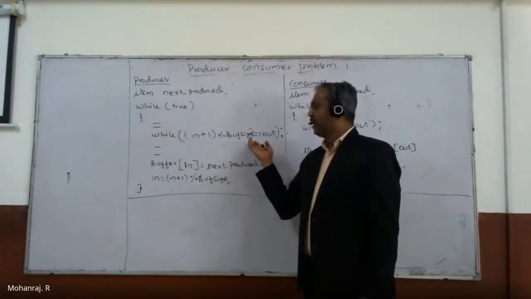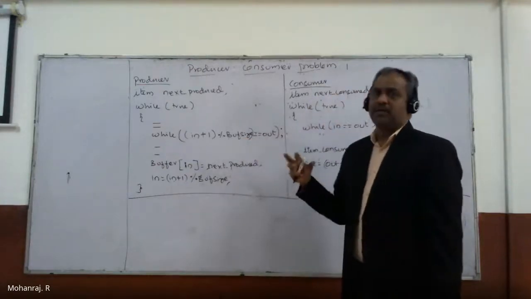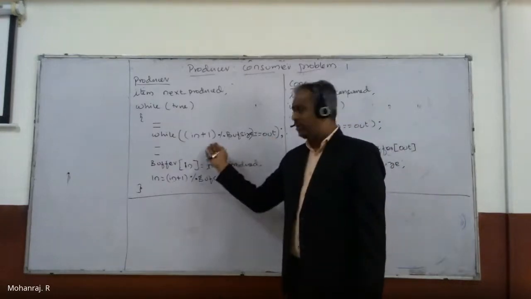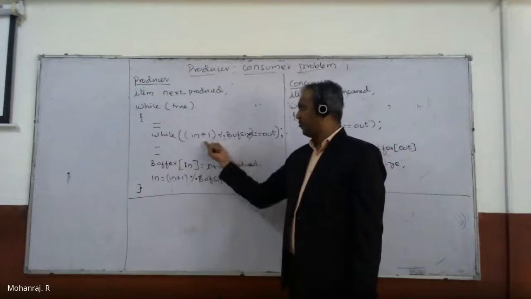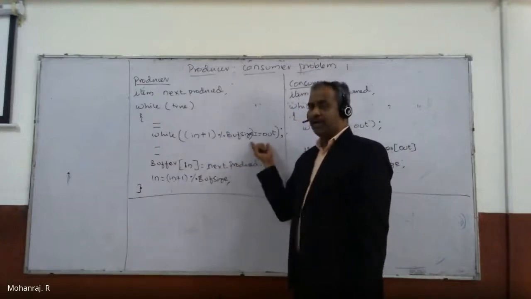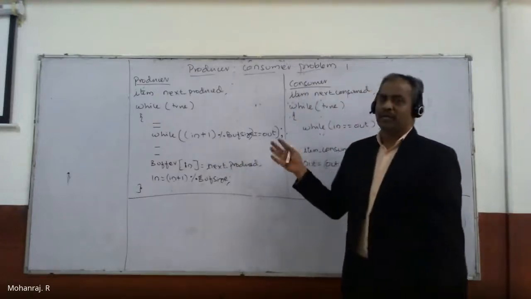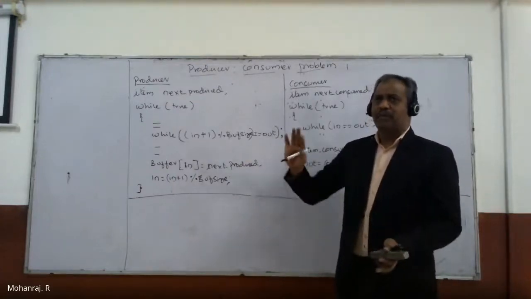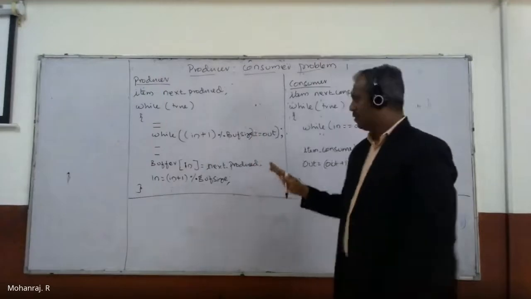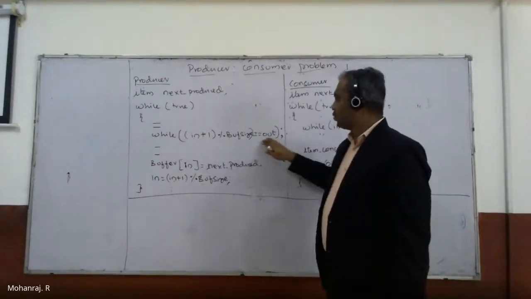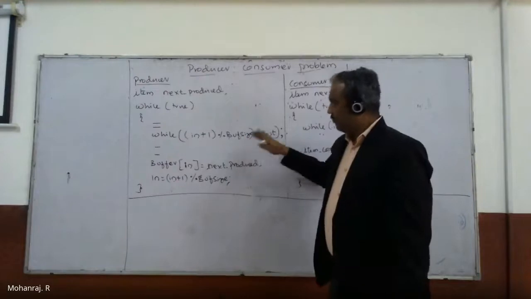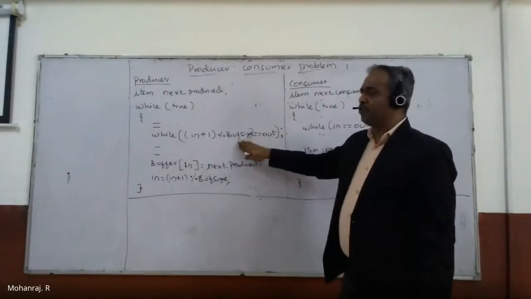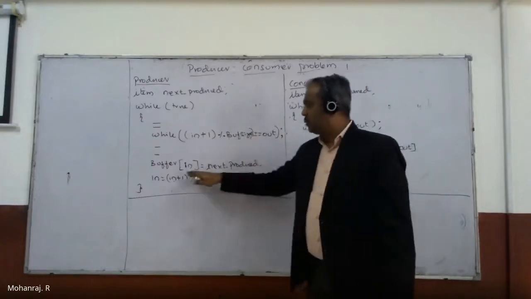This while loop is made specially to keep the execution busy. Because this condition is satisfied, which means that you do not have a space in the buffer, it is full, that is, it has reached buffer size minus 1, right? So we are making it busy with executing this line. Then if it has a space, obviously this condition is going to be false, and then it comes into buffer